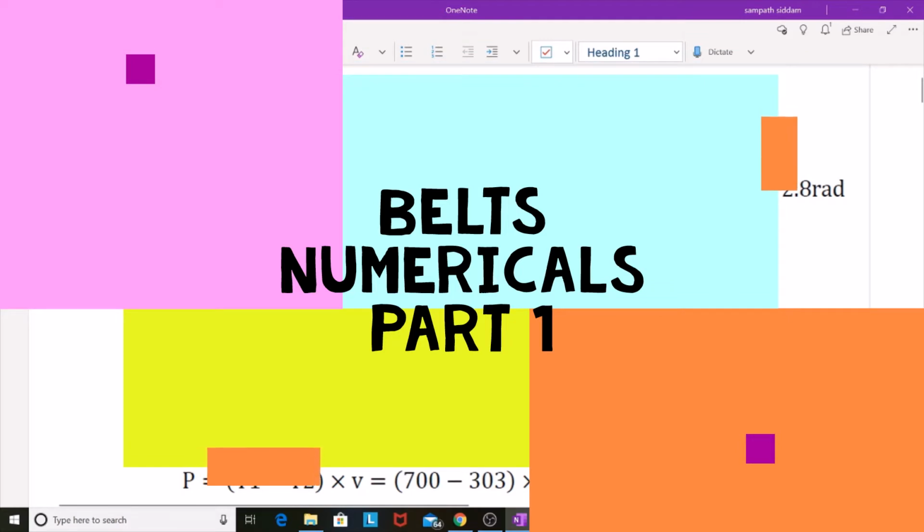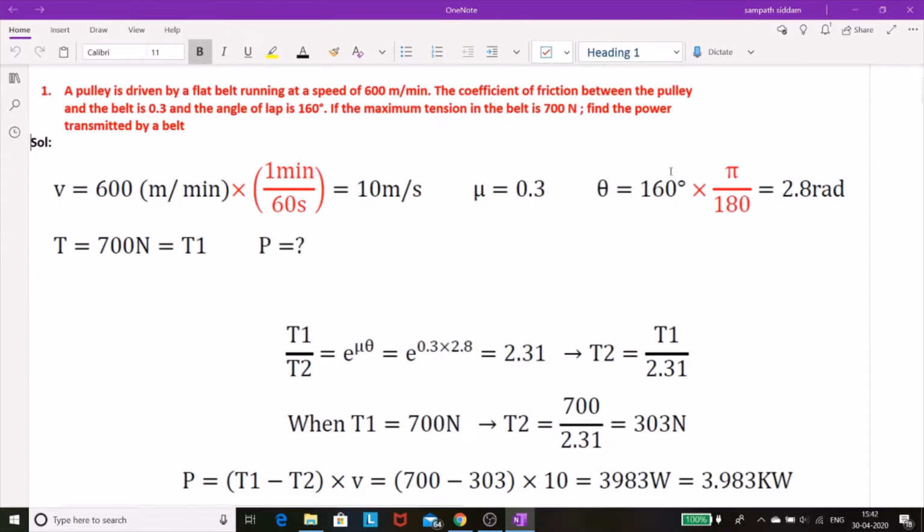Bells. So as far as the theory related to the belts, which has already been gone through in the video session, I posted it on your YouTube also. Those who have missed the class, you can go through that. Now we'll go through the numericals related to the belts. As far as the derivation is concerned, we have gone through another video which I have posted on YouTube. You can go through that.